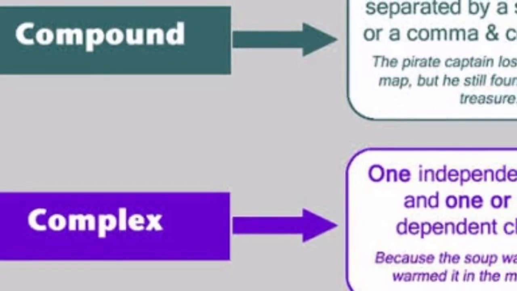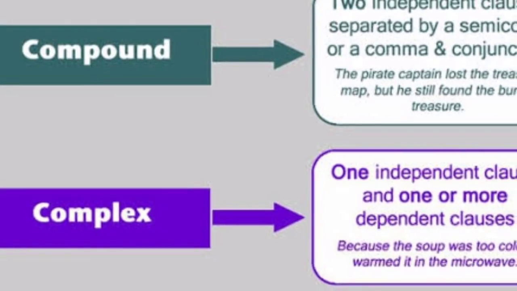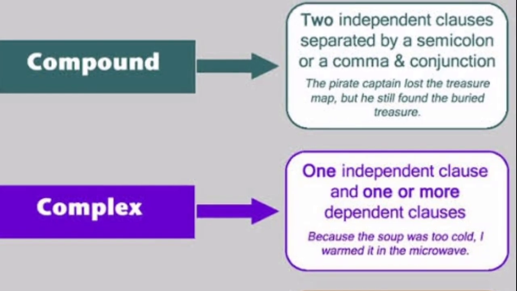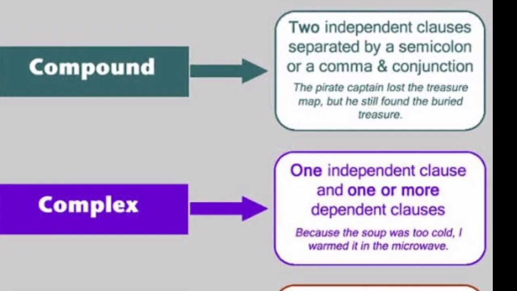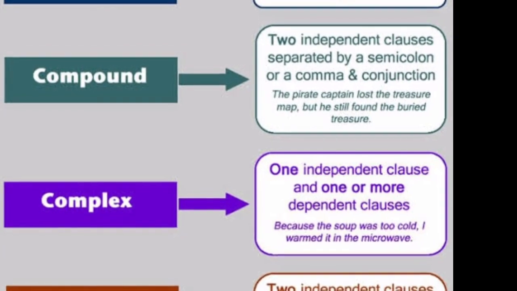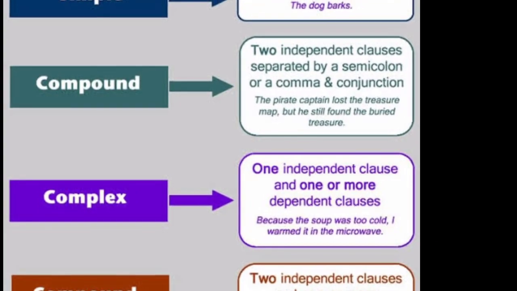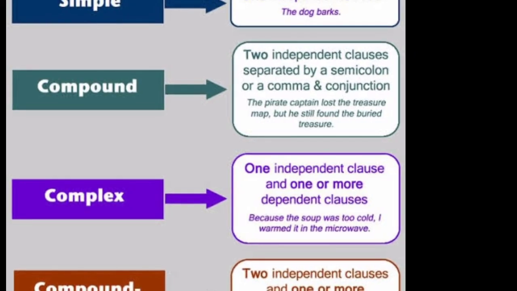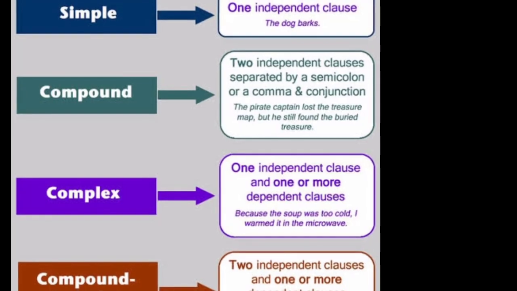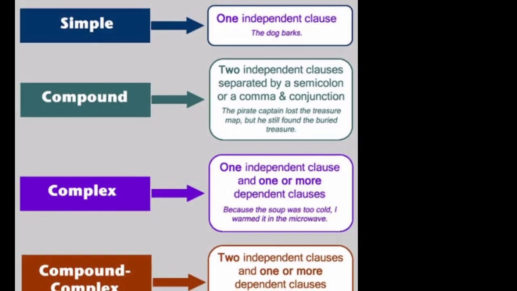Simple sentence: there has to be one independent clause. An independent clause means there has to be one subject and verb, and it should be a complete sense. It should have a complete idea. Talking about the complex, there has to be one independent clause and one dependent clause. In the compound, there have to be two independent clauses connected with a conjunction. Compound-complex: there will be two complete independent clauses connected with two or more dependent clauses.